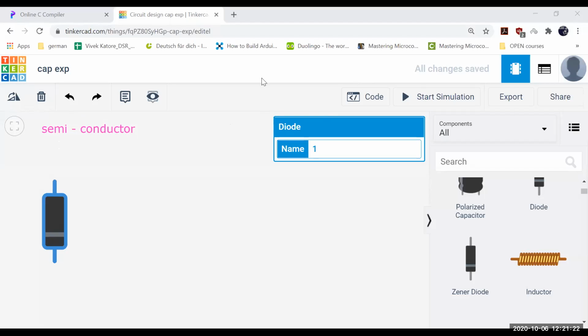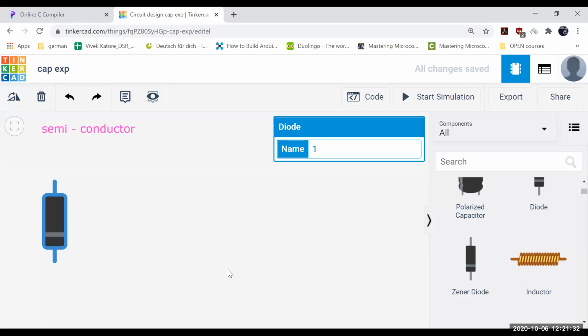Conductor means something that will conduct electricity, right? So what will a semiconductor be? It is something that will conduct electricity in some conditions, or it will conduct electricity partially.